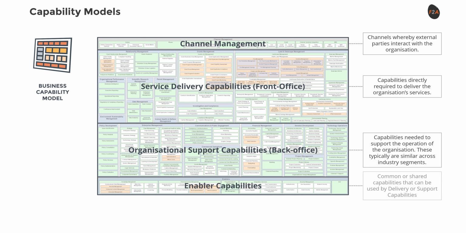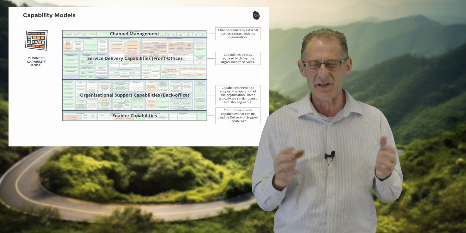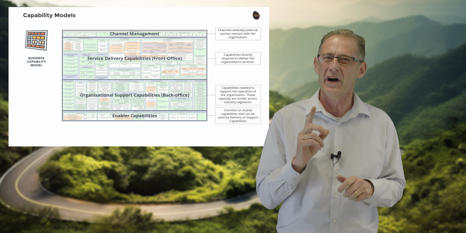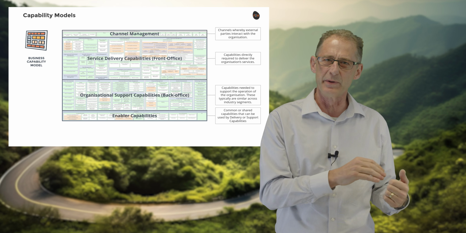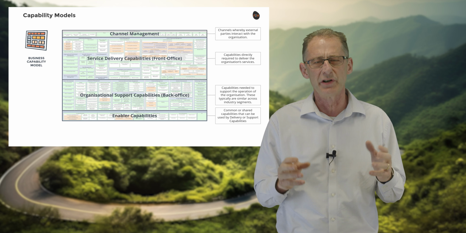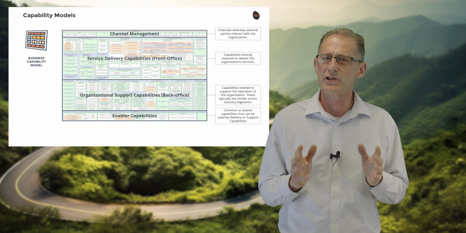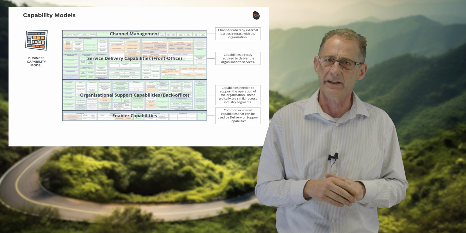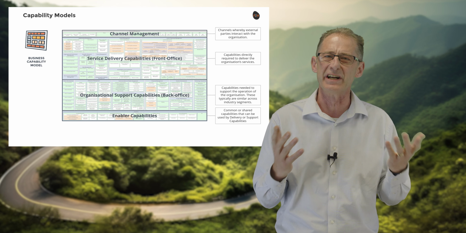And then enabling capabilities. These enabling capabilities are another unique feature of a Fragile to Agile capability model, the separation of which is critical if the model is to be used to design and govern a successful digital transformation. Fortunately, that level of detail will be the subject of another video. While, except for the separation of channels and enablers, this layout is largely cosmetic, it does make mapping customer journeys and value streams, for example, much easier and much more visually appealing, which is important for gaining traction and executive